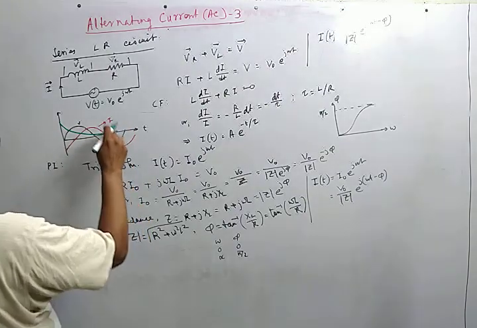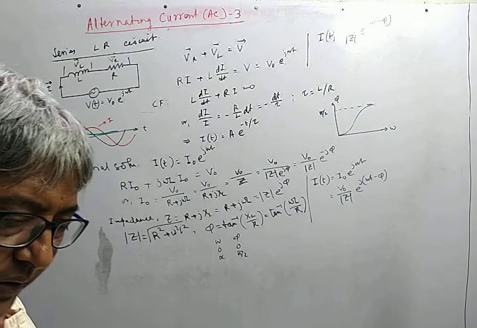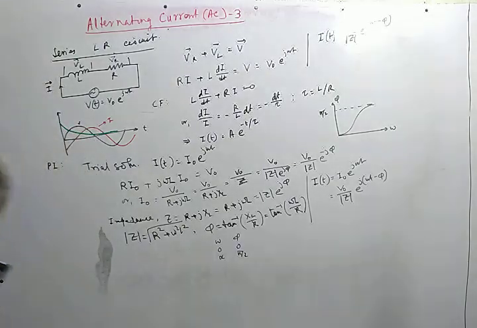So ultimately we will get a sinusoidal variation of the current when the circuit is fed by a sinusoidal